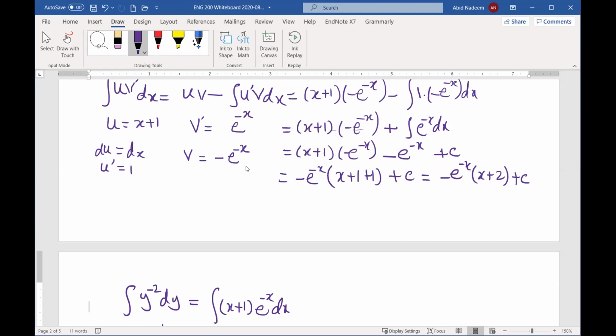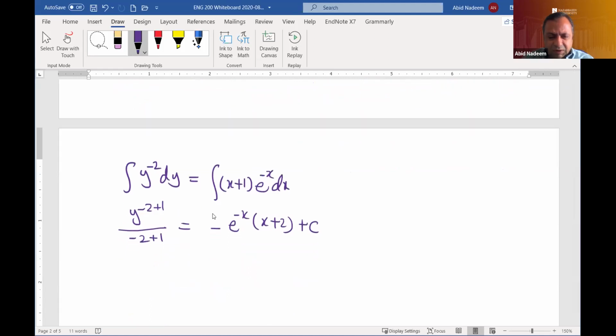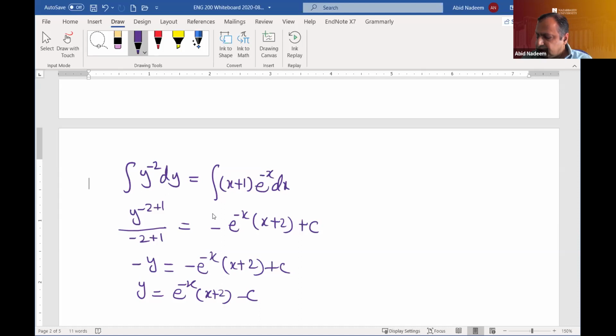Okay, so now on the left-hand side you have minus y. So you have minus y is equal to minus e power minus x into x plus 2 plus c, or y is equal to e power minus x into x plus 2 minus c. So this is the